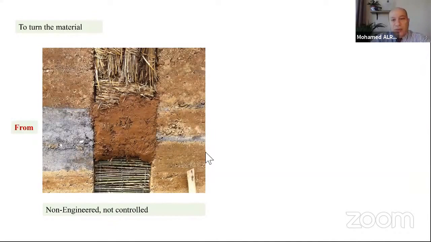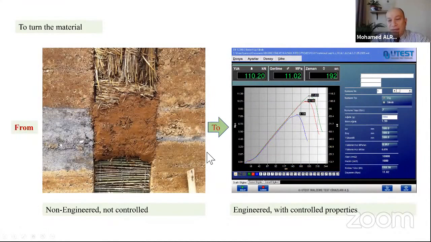So it needs to be engineered with controlled properties. These figures on the right show the latest research done by one of my students at Fatih Sultan Mehmet University, and he will present his paper after me, maybe as the fourth presentation or something like that,